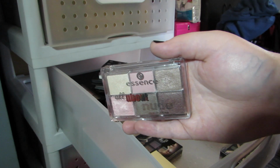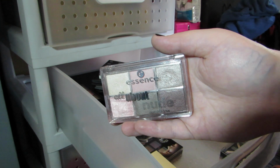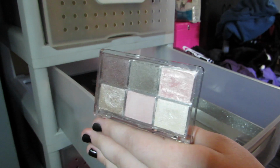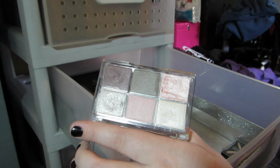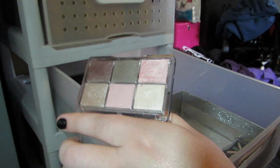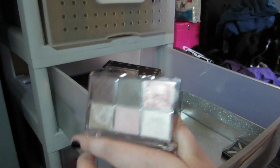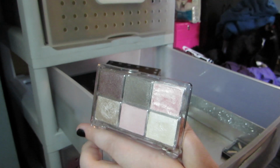This is a 6-pan eyeshadow palette that I got from the brand Essence. I got this from Ulta. It's called the All About Nude. These 6 shadows are actually really gorgeous in the pan. It's just really weird when it comes to swatching or putting them on your eye. This shadow and this shadow in particular give me the hardest times. I don't know what it is, but when I swatch it, it looks really pretty. It doesn't transfer as well as it does in the pan onto my eyelid, and I don't know if it's something I'm doing wrong or what. However, the other shades are really gorgeous, and I think this shade in particular is going to come in handy